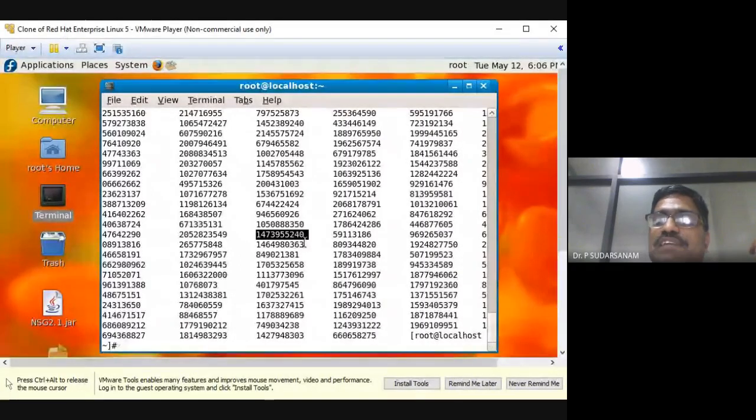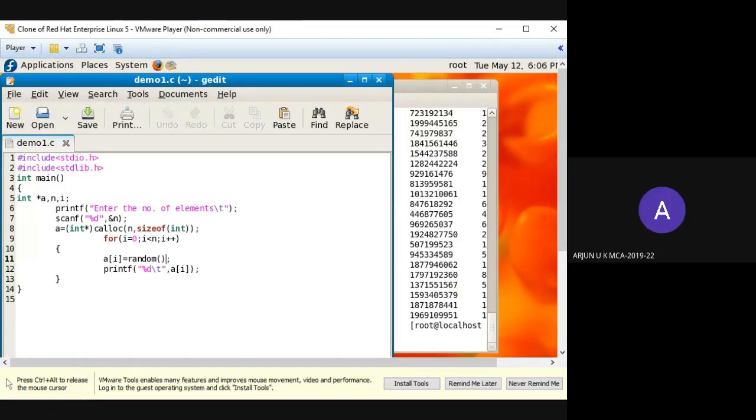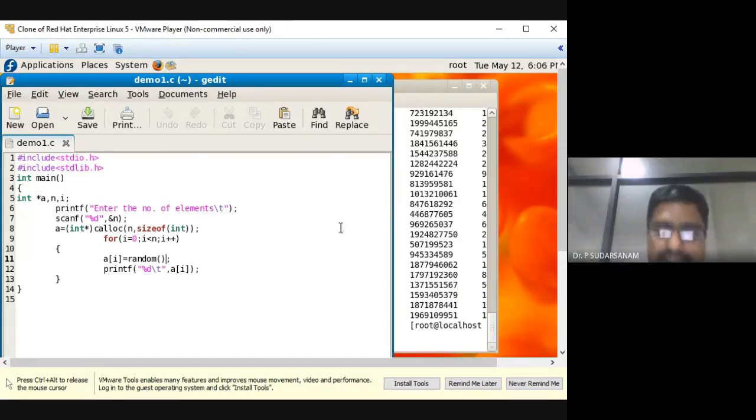Maximum 3 I want to make. Any function? Whatever you know, tell me. How to make it?